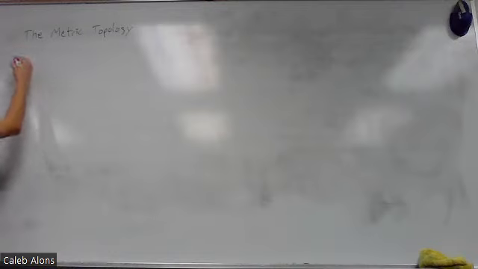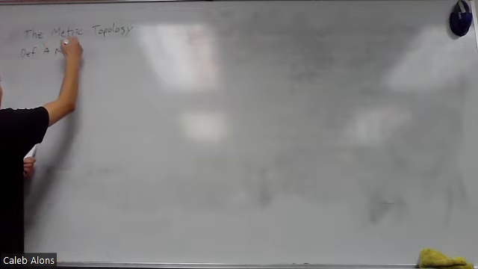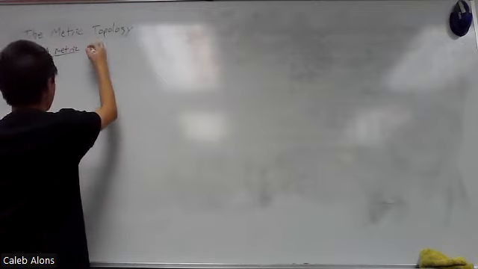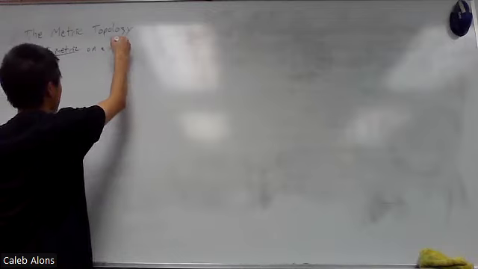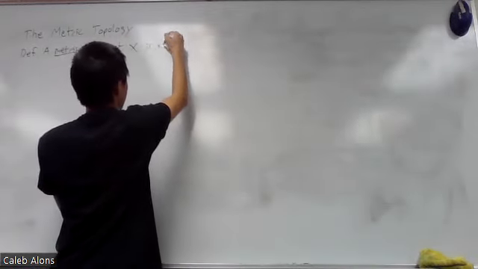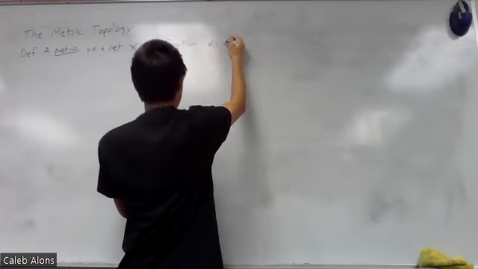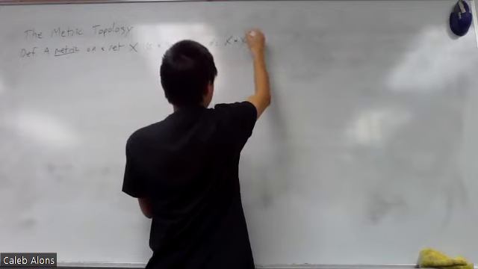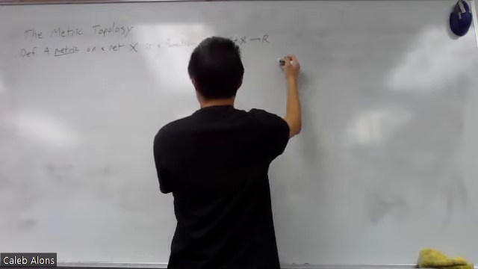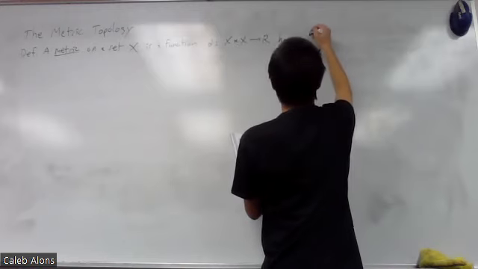Metric topology. Okay. Definition. A metric on a set X is a function, say function D, that maps X cross X to R, having the properties